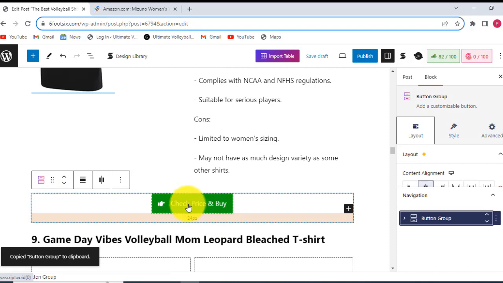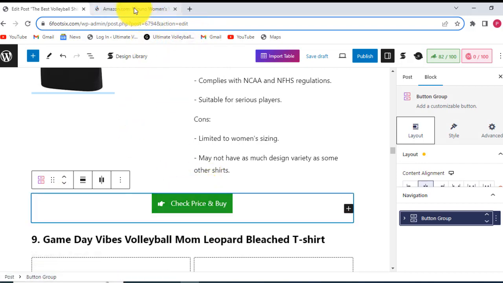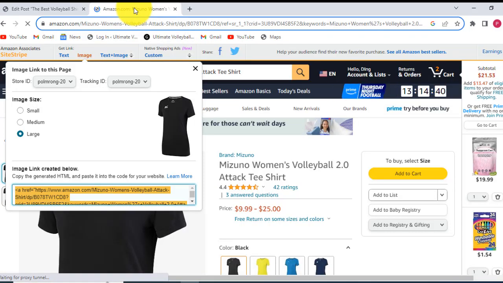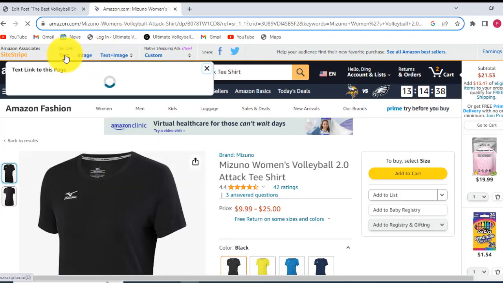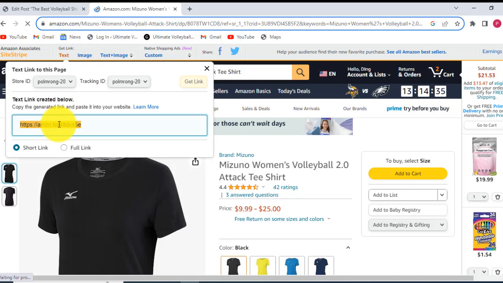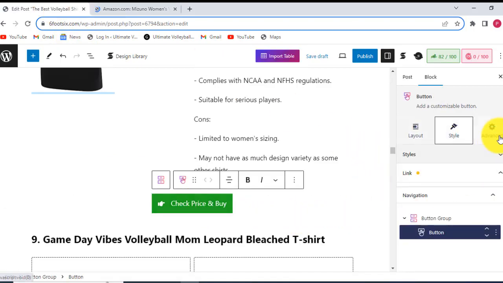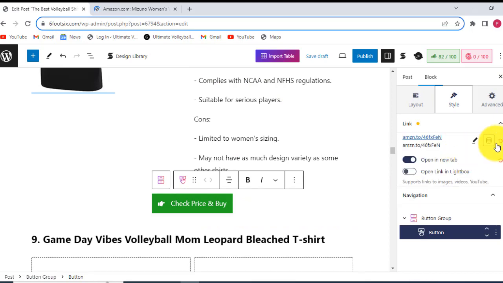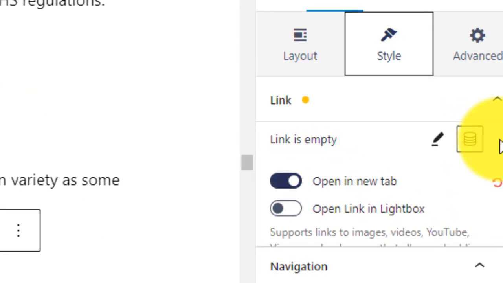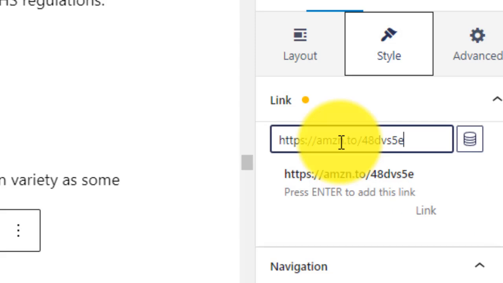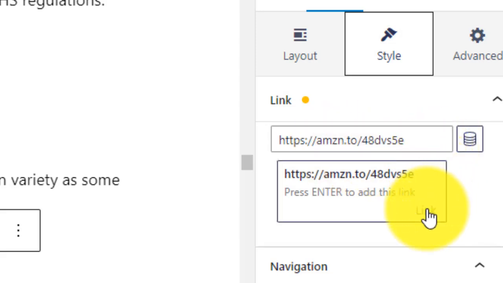Then in this button you have to put your affiliate link. Here is the text. I am putting the text here. I copy it and come here, and here is the link. I delete it and paste the original link here, and